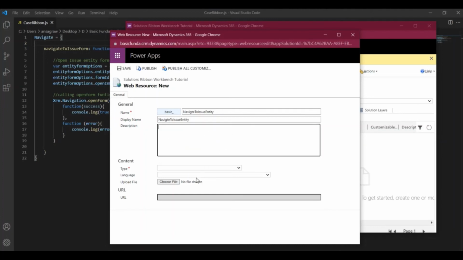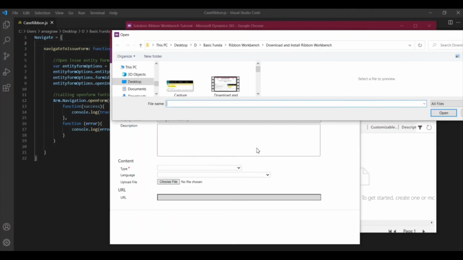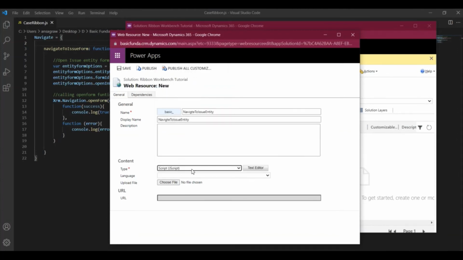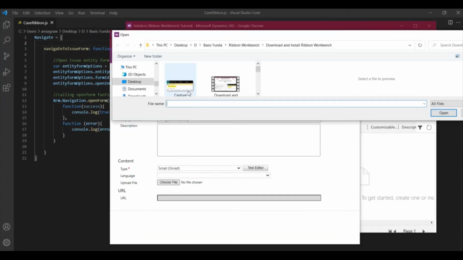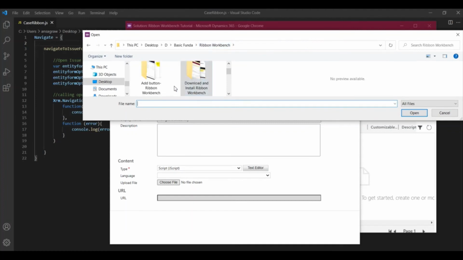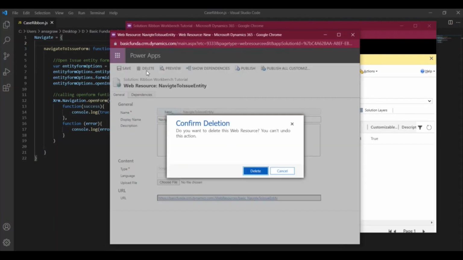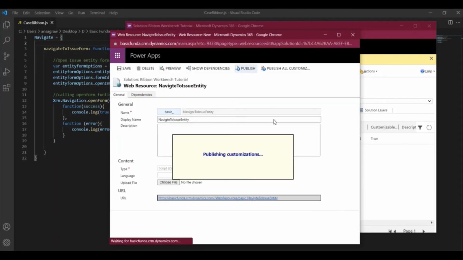And we'll leave it here. Now before this we would need to tell the type, that is JavaScript, and then we would need the file that we have just now created. So it is inside this. We'll save it and I'll publish it.